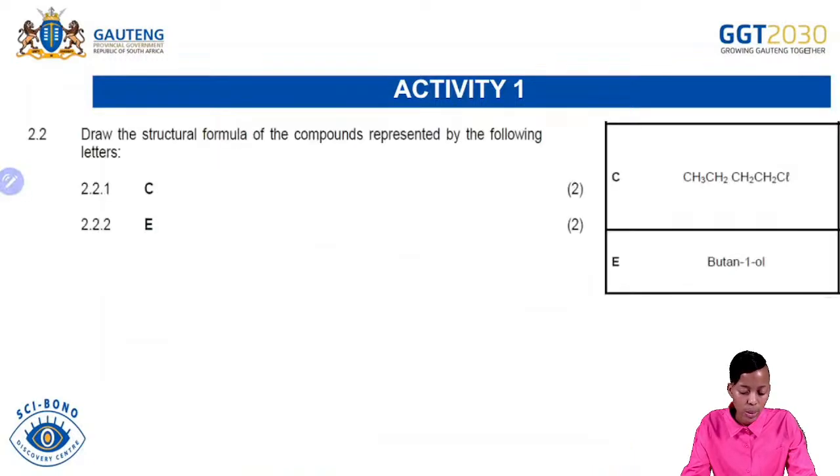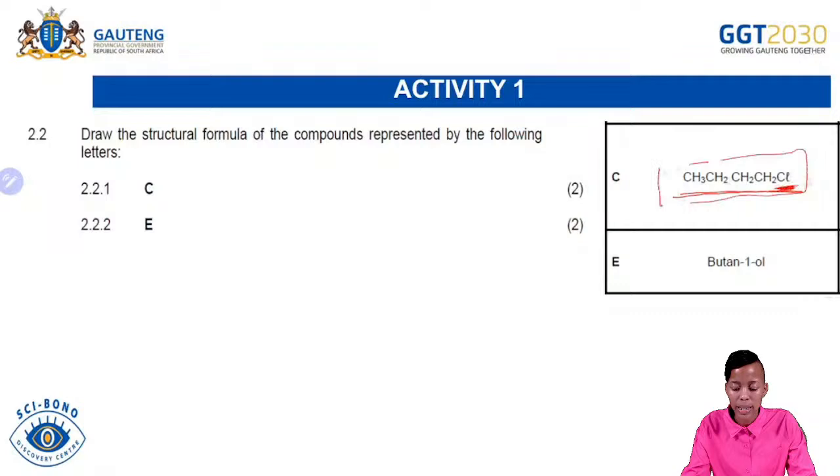Then the next one says, draw the structural formula of the compounds represented by the following letters. Before you draw the structure, you need to be able to identify the homologous series. On letter C, what is it that we have? We have a chlorine. From the condensed structure, are we able to see anything else? The only thing giving us guidance is the chlorine, which means we must be having